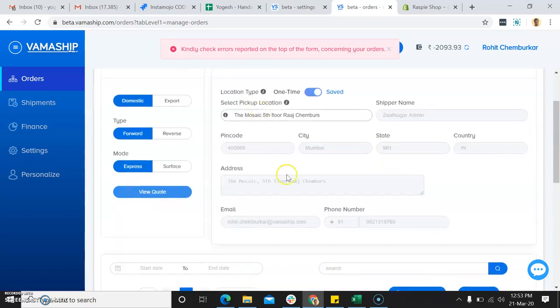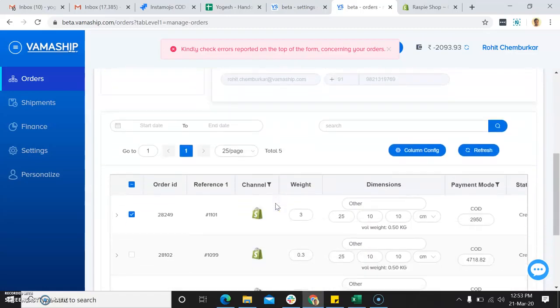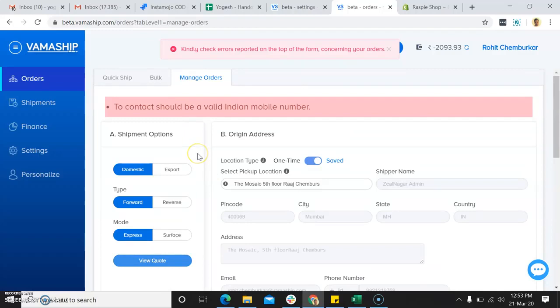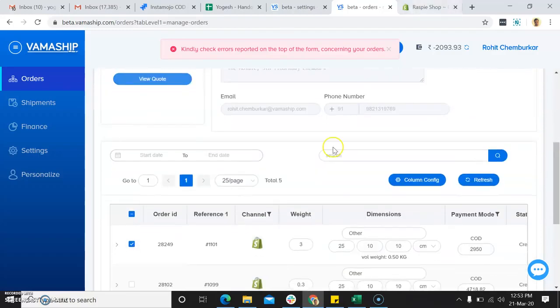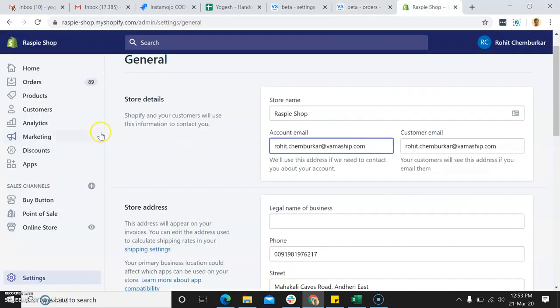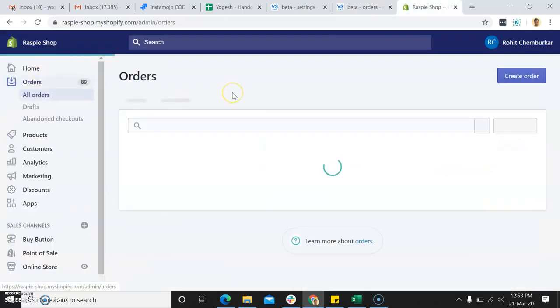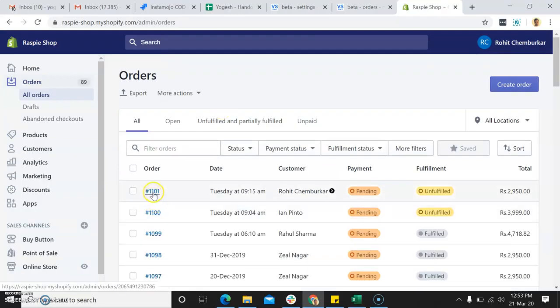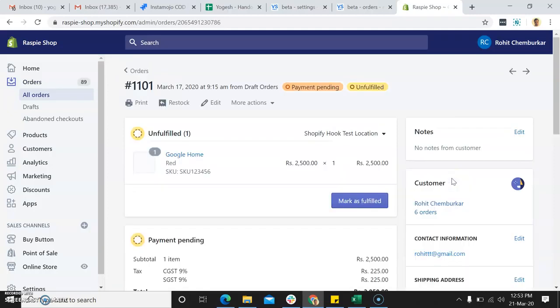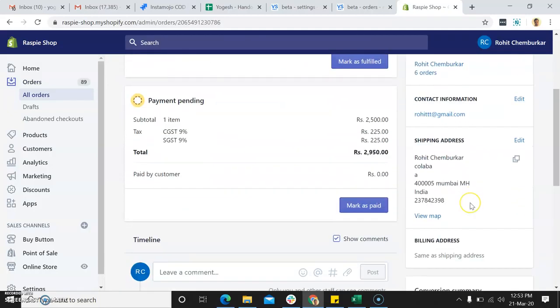To contact should be a valid Indian contact number. Okay, so this order number 1101, the contact number is not proper.